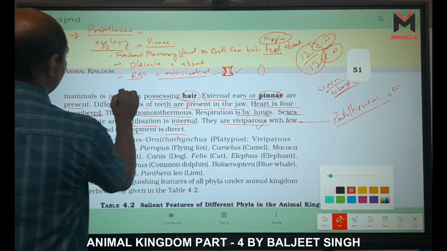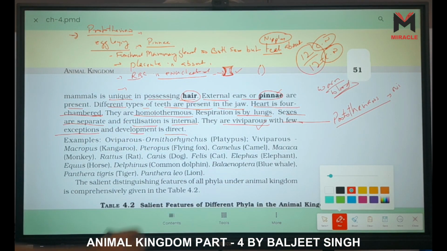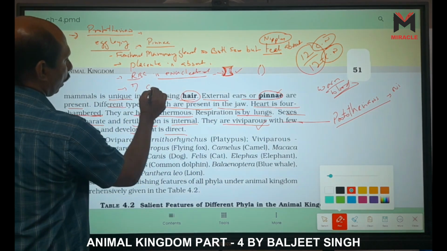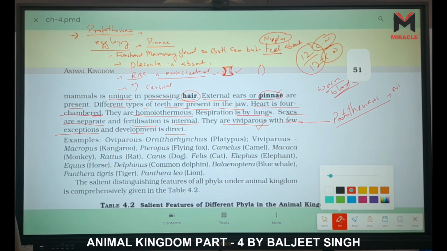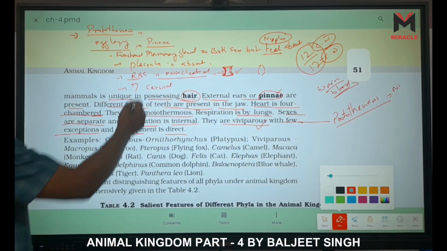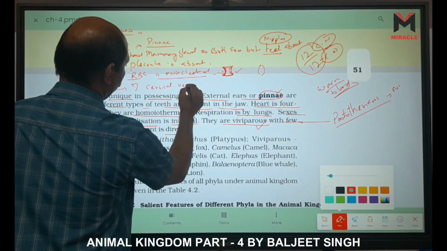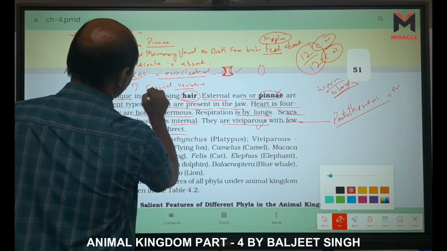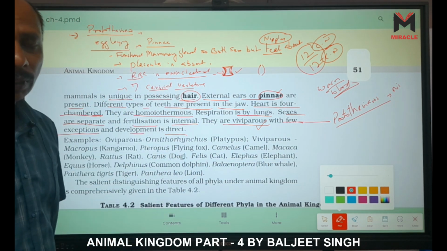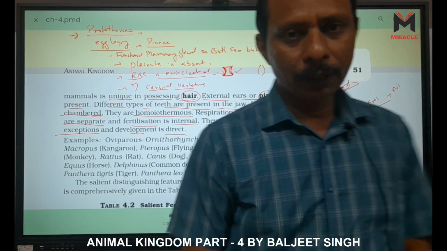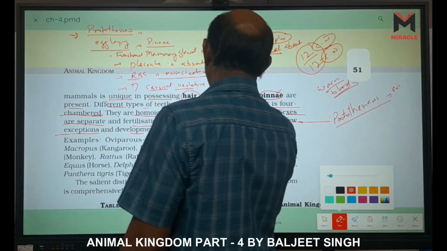All the mammals have seven cervical vertebrae. This is also present in case of prototherians, right? But seven cervical vertebrae are there, except two. Except two means what? Exceptions are there. First one is our